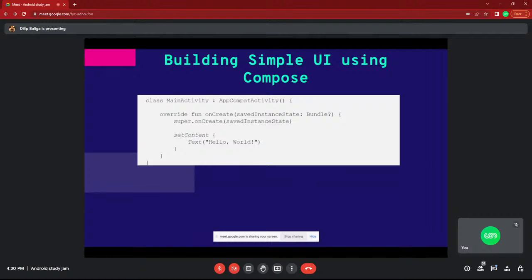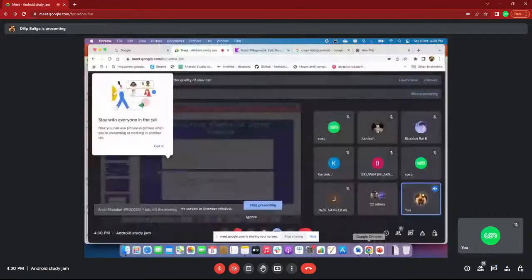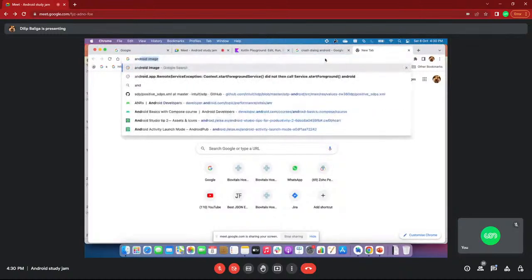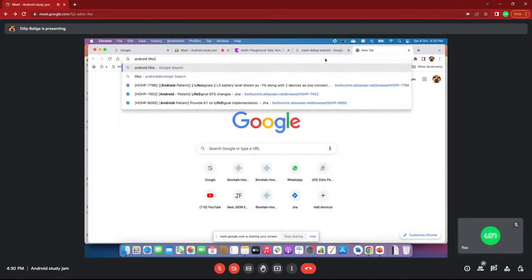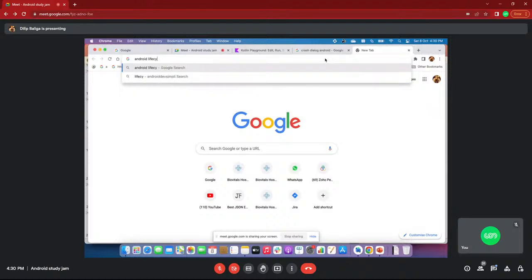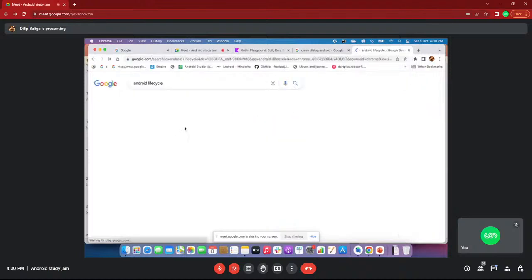Next, onStart and onResume. If you pause, for example, if I press my home button in the application, then the onPause method is called, and then the onStop method. For example, if you go to the documentation, if you google Android life cycle, that is very important actually. We can directly go to this.